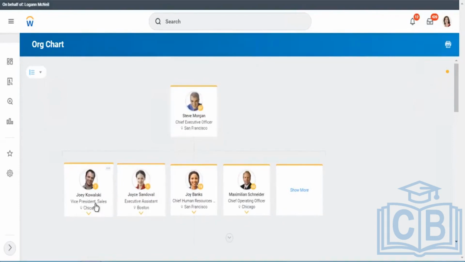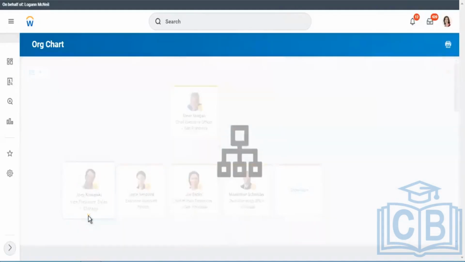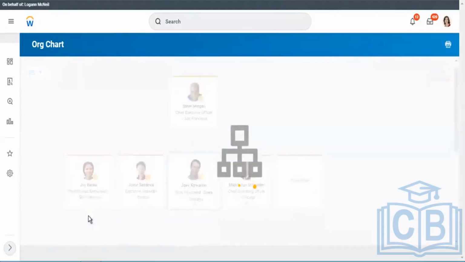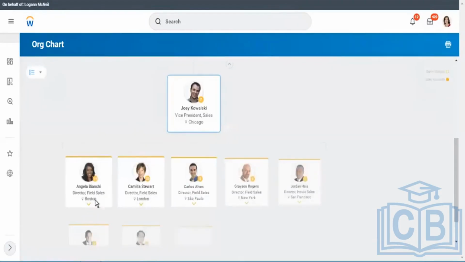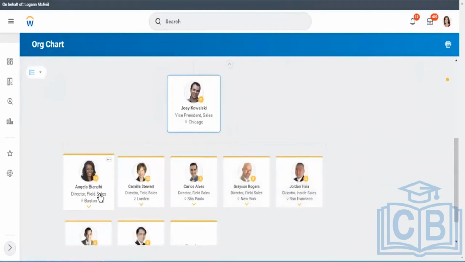And again, these are all the people who have their team members. They are managing the organization. This person, Vice President of Sales, will be managing the sales organization, where people will be reporting to his organization. And further, they have a few more subordinate organizations where they'll have their own team members.